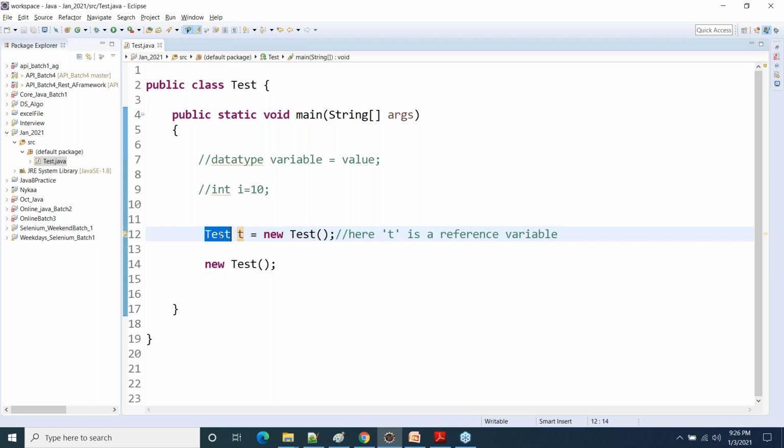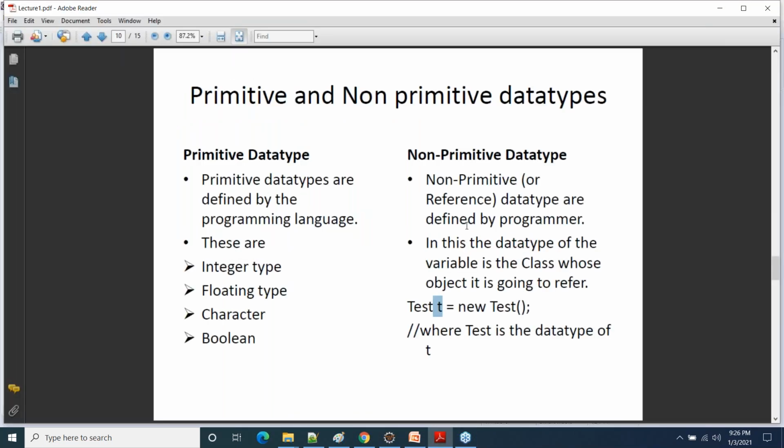So this is a non-primitive data type example. Non-primitive data types are defined by the programmer. The data type of the variable is the class whose object it is going to refer. So every user defined class behaves as a non-primitive data type for the reference variables.